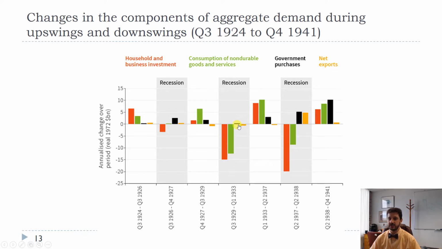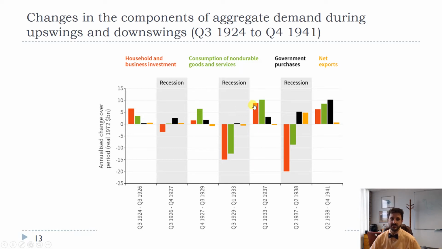And government purchases didn't do much to try to offset that, right? So one of the things that we learned from the Great Depression was that fiscal policy, increasing spending and cutting taxes, can help boost aggregate demand, and that just wasn't being done. Net exports were a minor piece of the problem. Then, with the advent of the New Deal, right, with FDR,